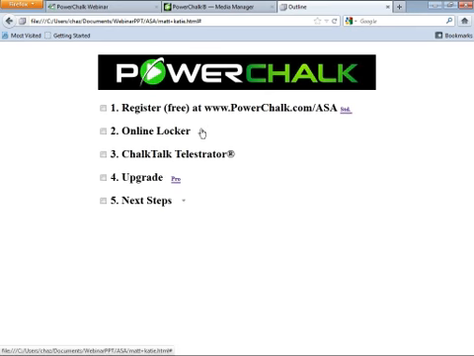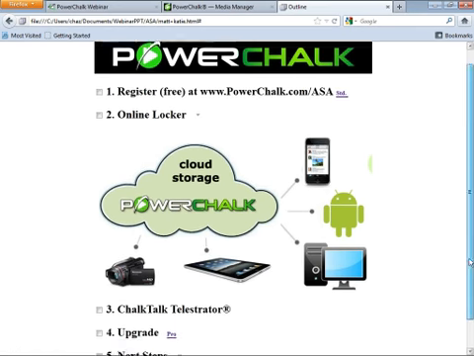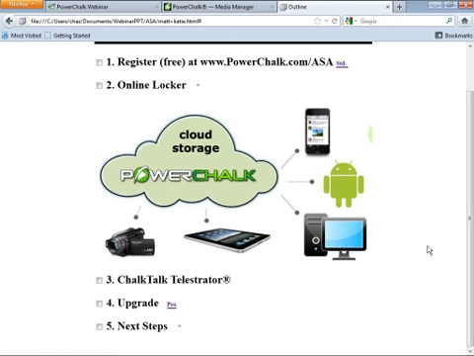Now let's go into what your locker entails and a little bit of the mechanics. I don't want to take too much of Katie's precious time away from having her do what she needs to do. But the difference between having a cloud storage or web-based product and a PC software product is not minimal. As you see here on the screen, it's the ability to connect all of your devices without ever having to connect them with a cord. You can upload through your iPhone or smartphone directly and then send the video into your locker, and you can share those videos remotely. And as we see today, Katie is joining us.